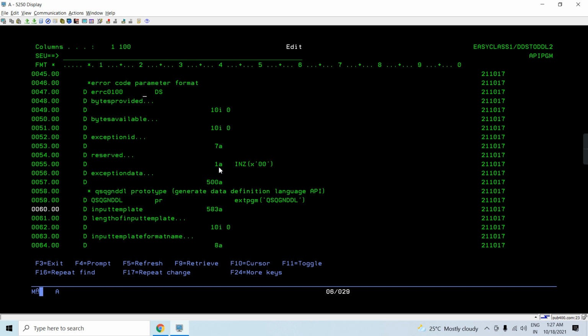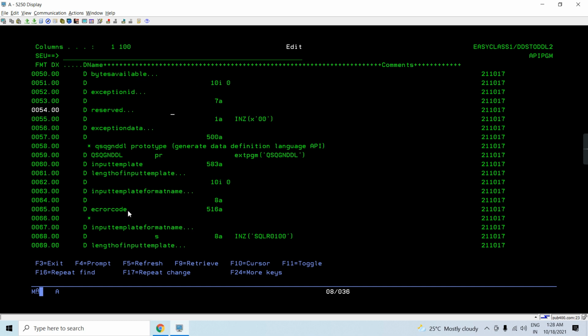The last one is the error code parameter format DS, which provides bytes provided, bytes available, exception ID, and reserved, which is going to be initialized with hexadecimal zeros, and this is the exception data which we will retrieve in case of any error. So this is the error DS, which is going to be the fourth parameter, the output parameter of this API.